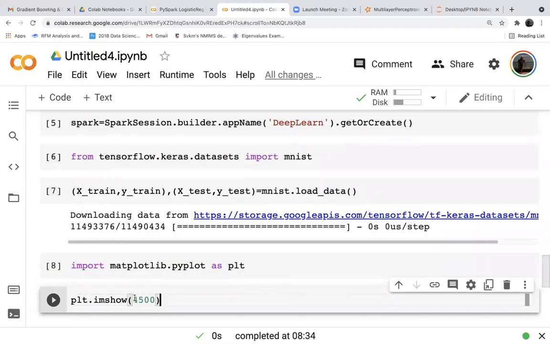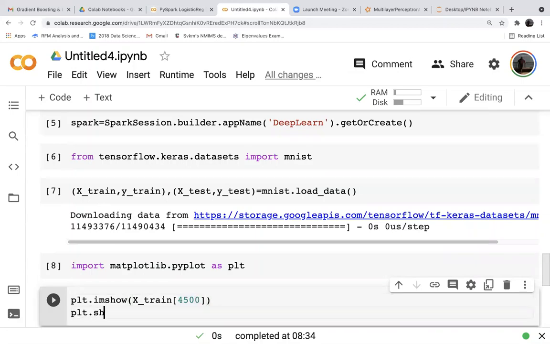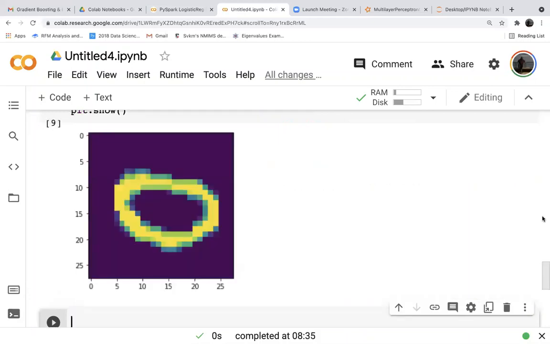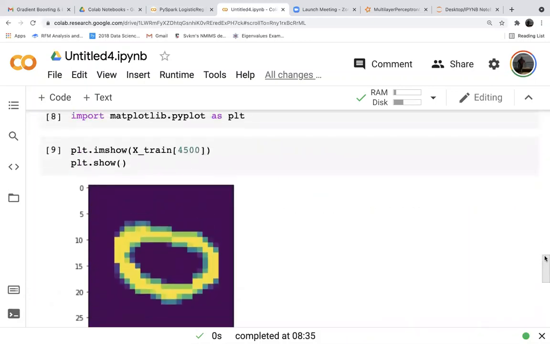Sorry, I have to give the data frame reference. X_train[4500], plt.show. So the 4500th digit is 0.